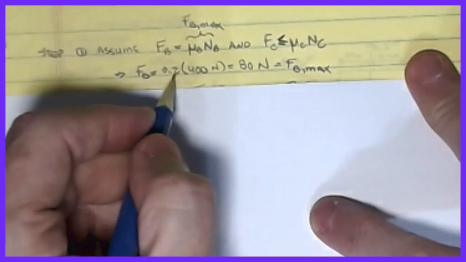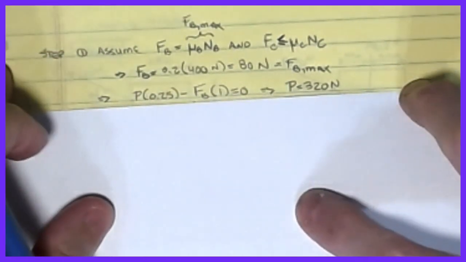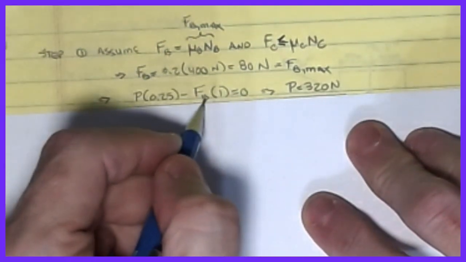On here, I'm going to take 0.2. I'm going to multiply it by 400 newtons because that's the mu. That gives me an 80 Newton FB value for FB max. Okay, and so all we do is we basically go back into our moment equation, and I solve for the FB value,